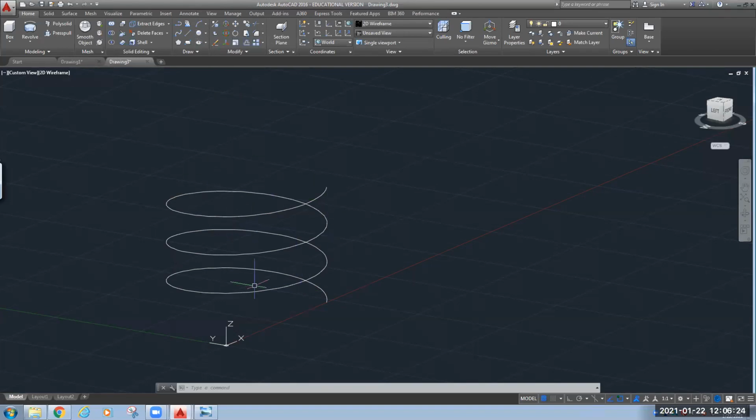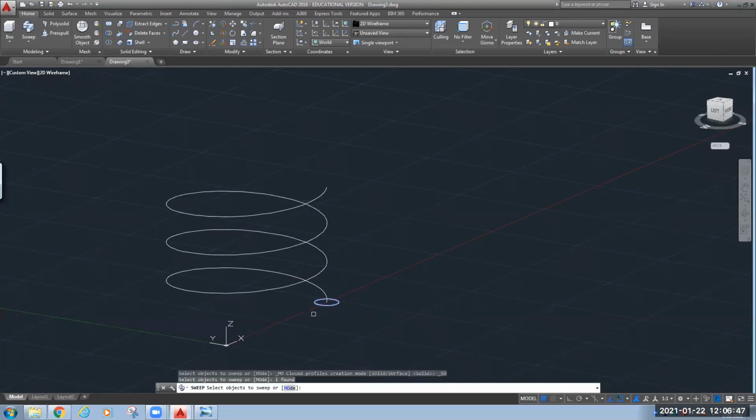We will treat this helix as the path, and the profile you can select of your choice. So let's take one circle and specify a smaller diameter. We will consider this as the profile and this as the path, and we will sweep it. Select the object, this is my object, then press enter.